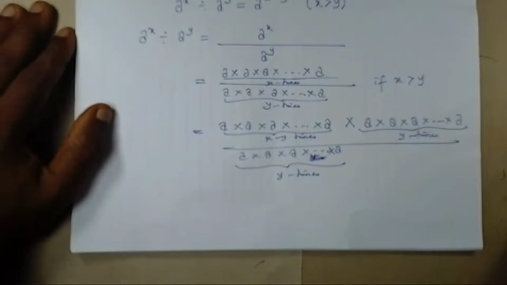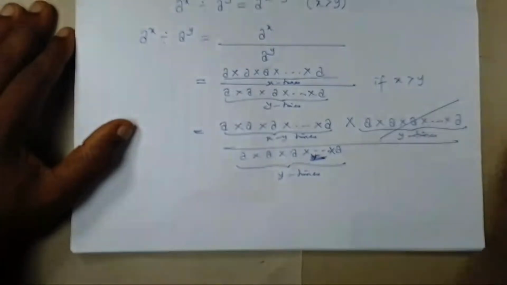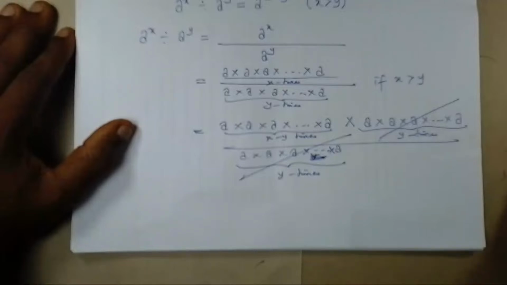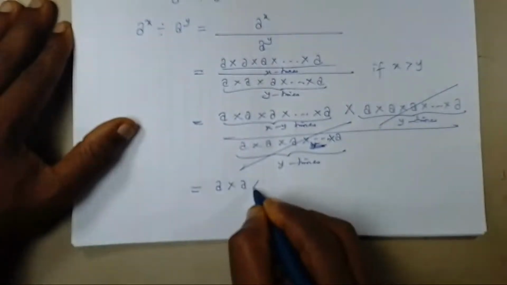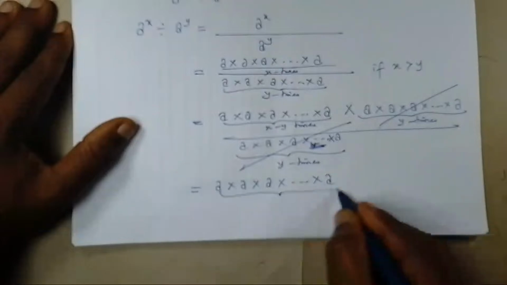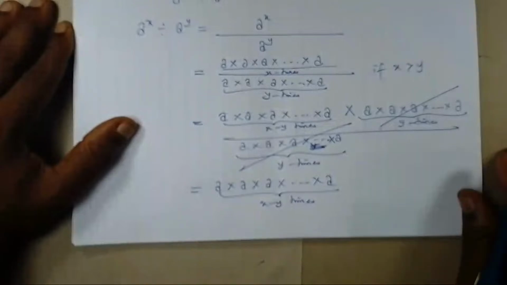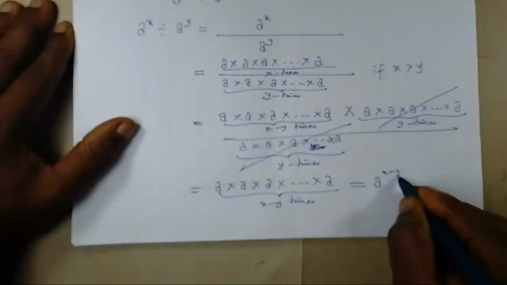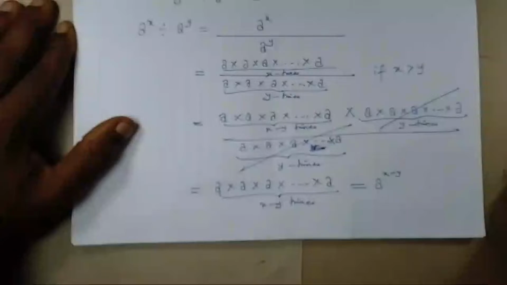So once you get that done, it means that you can now cancel the y a's in the numerator and the y a's in the denominator, and you will be left with a remnant of a times a times a times ellipsis a, that is x minus y times in the denominator. And this, by the same notation we had used earlier on, will be equal to a raised to power x minus y. Okay, so